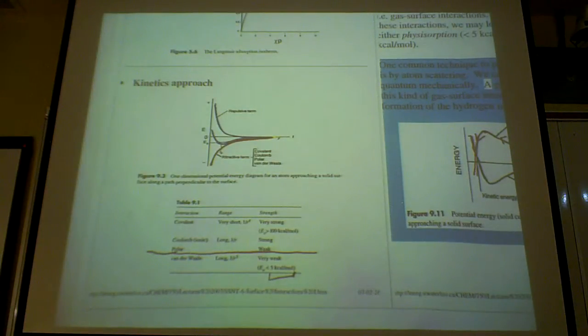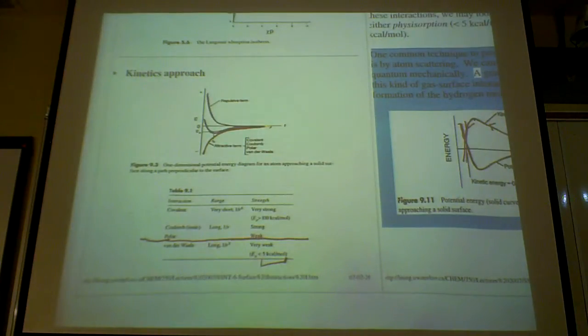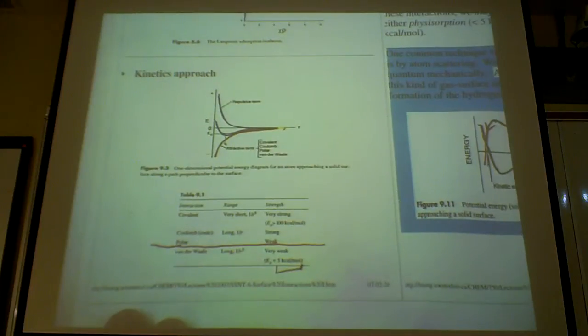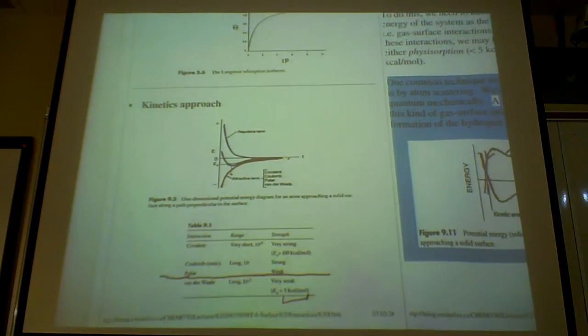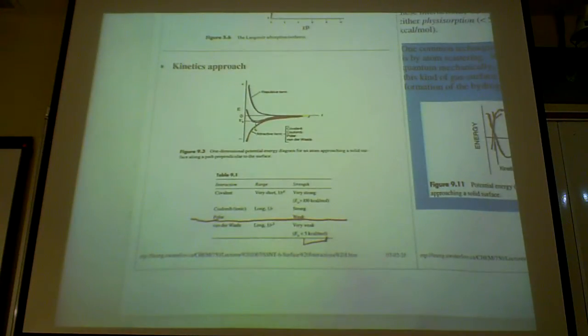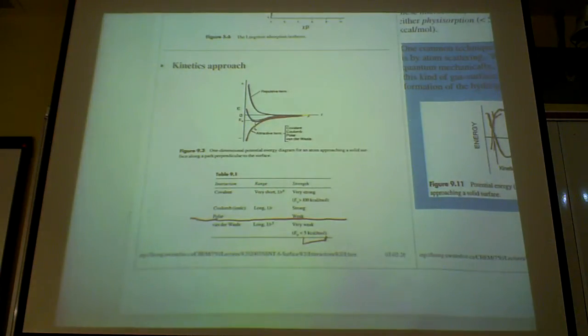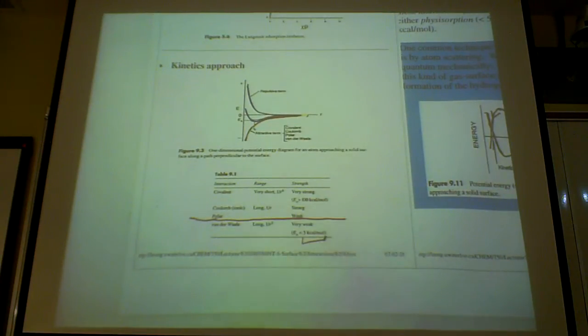Now, what are these attraction potentials? There are several types that I try to show here, which is important for people to recognize, I think, because all materials have this kind of interaction. There's of course the Coulomb potential, the rather long range Coulomb potential, which is usually quite strong,